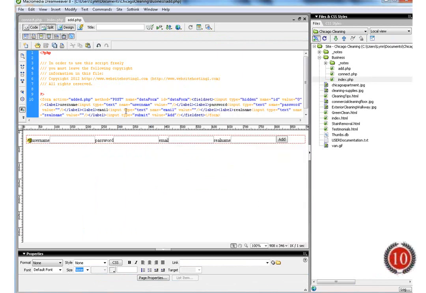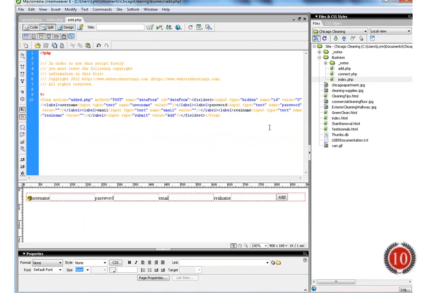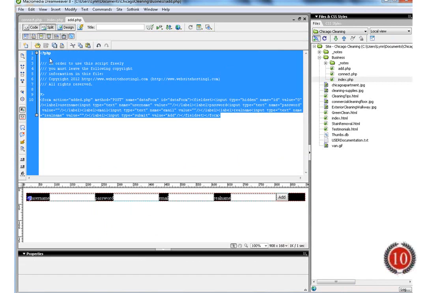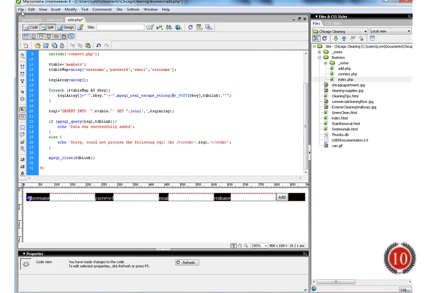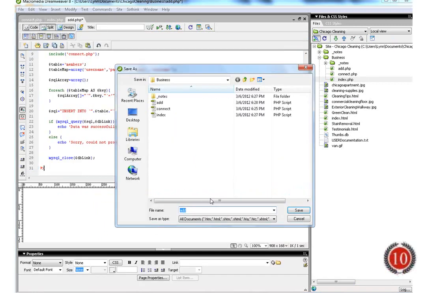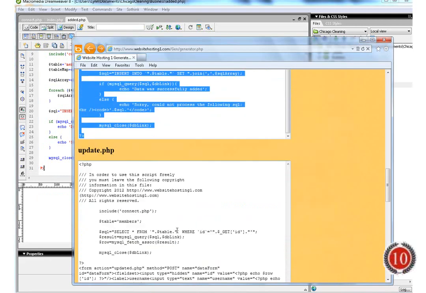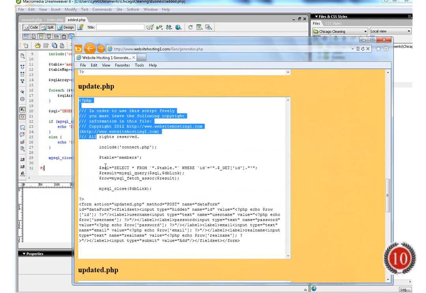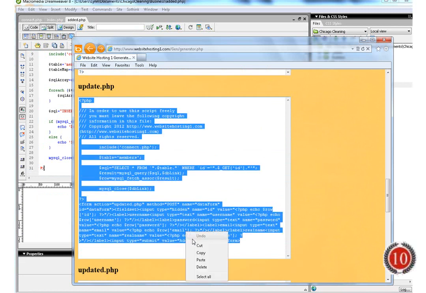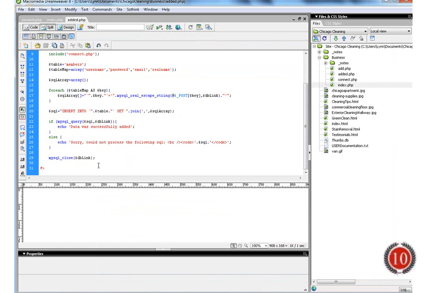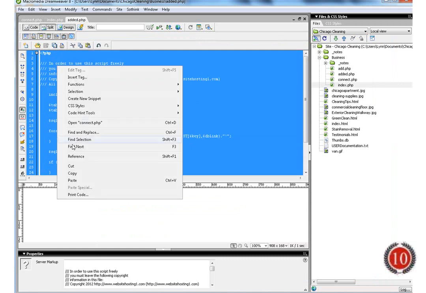What I could do is I could just take this and highlight all of that and edit and paste and rename this as added.php. You could do it either way. Sometimes I do it that way. It saves a little bit of time. It depends on how much I have going on. Okay, edit copy, edit paste,